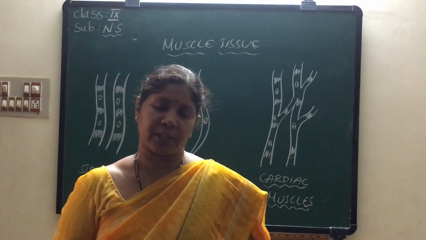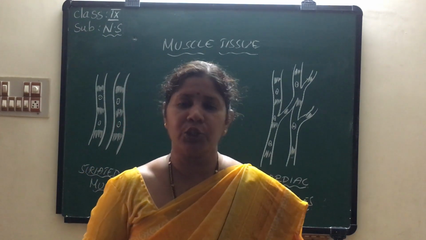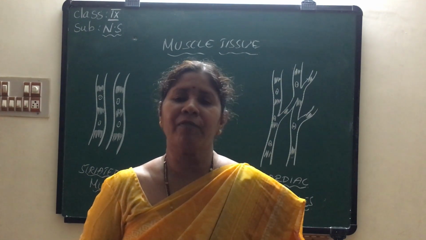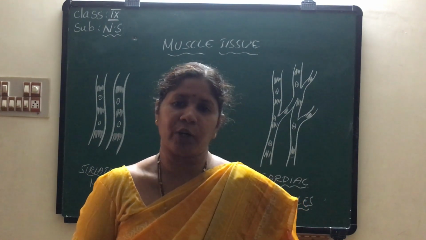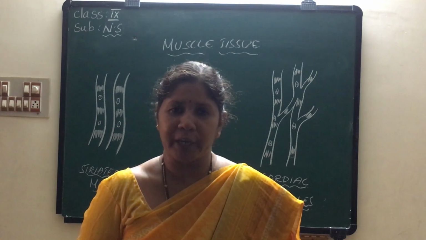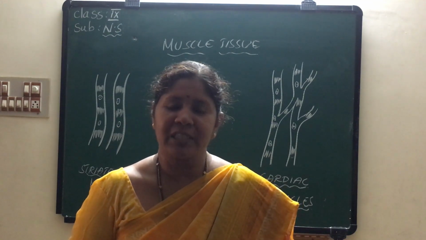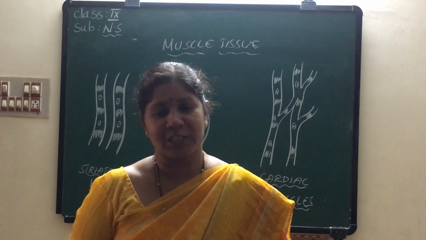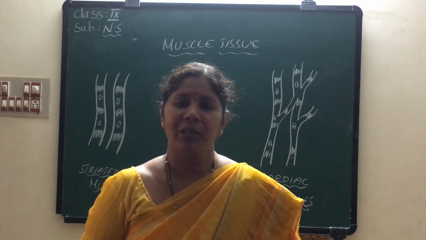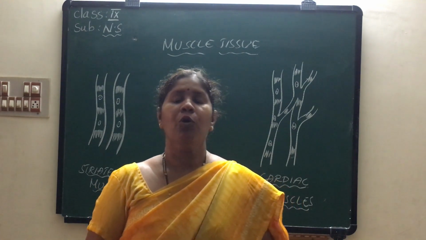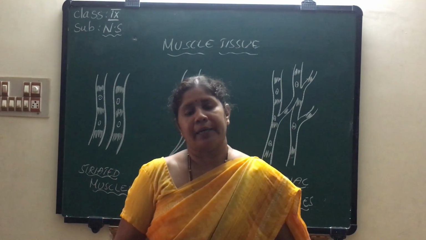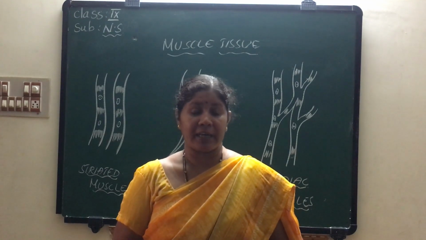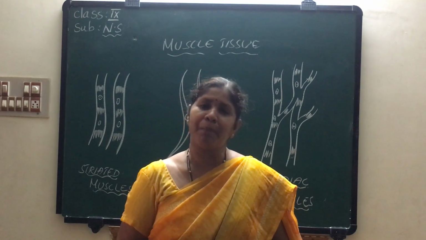Next one is the connective tissue. In connective tissue, we have studied different types of connective tissue. The main function of connective tissue is to connect all our body organs and to keep them in position. Example, areolar tissue. Next one is adipose tissue. Third is bone tissue. Fourth is the tendon. Next is the ligament and cartilage, and the last one is blood.